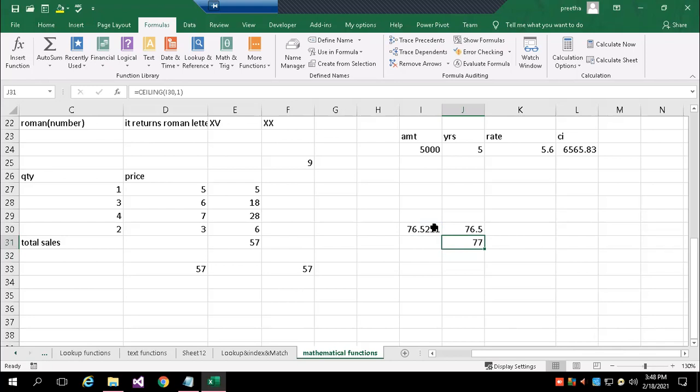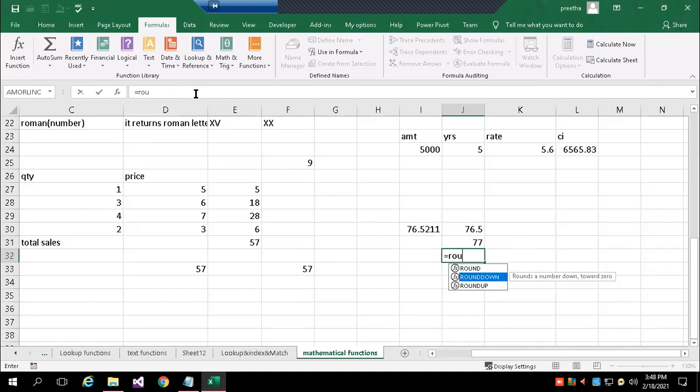What happened here? 5 is there, but it is converted to 77. So CEILING will always round up, FLOOR rounds down. ROUND is exactly how you want to round. So there are different functions for rounding. Round up is there, round down is there, then the FLOOR function is there.